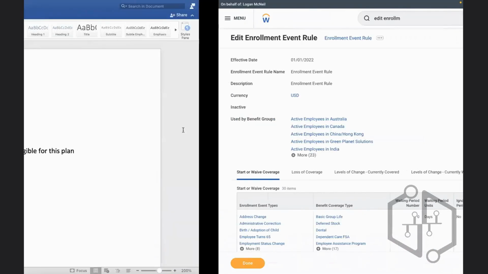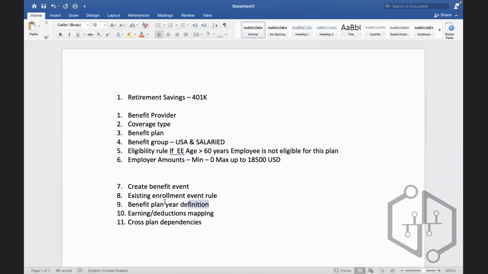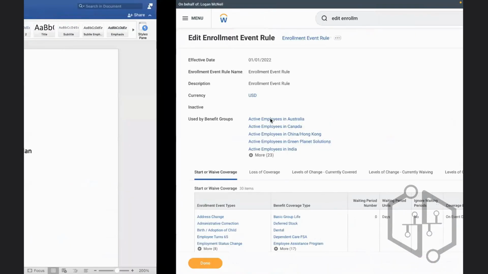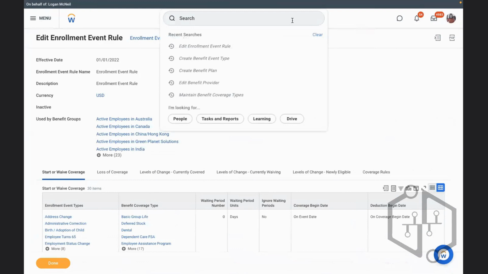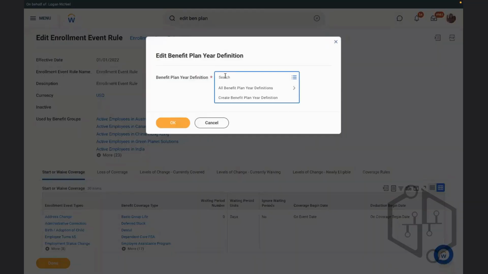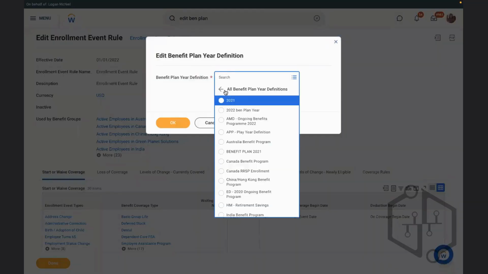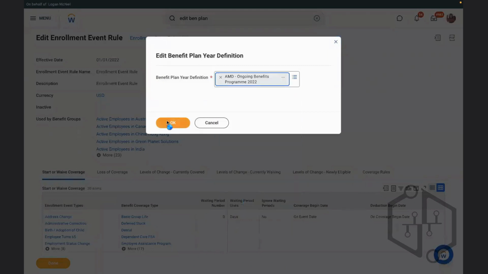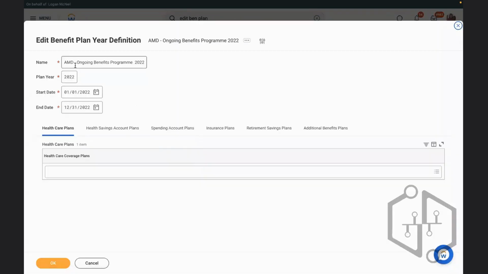After this, now let's move on to create the plan year definition. If you do not create this plan year definition, then we cannot assign this plan to a worker. So one we already created in our last session, the benefit plan year definition. I will change this name to RBS. Benefit plan year definition in the sense,